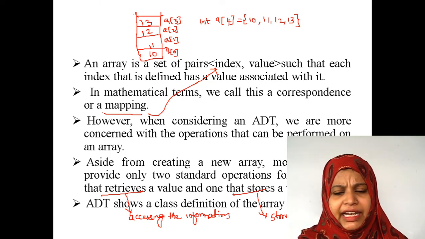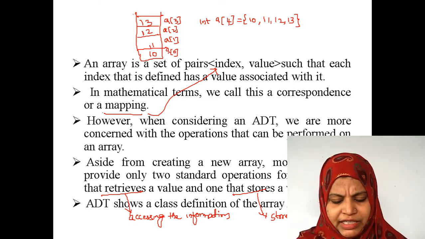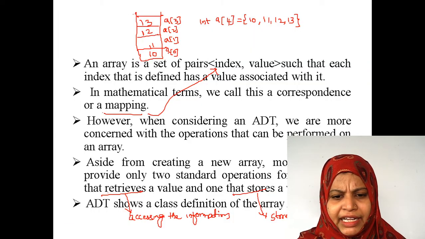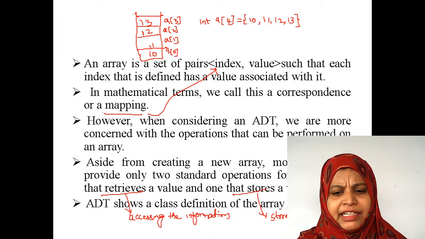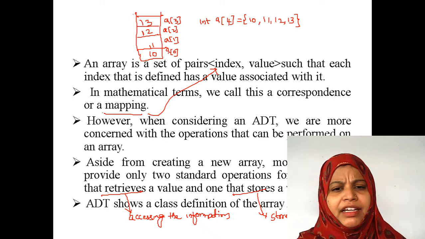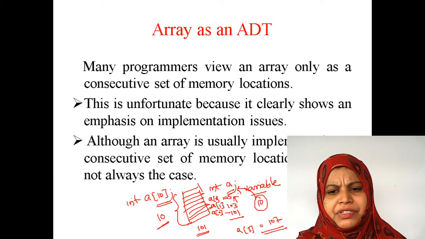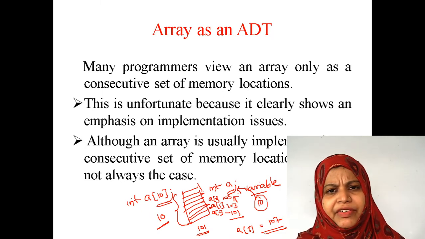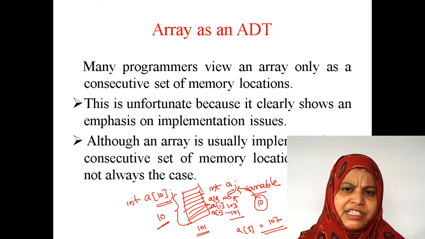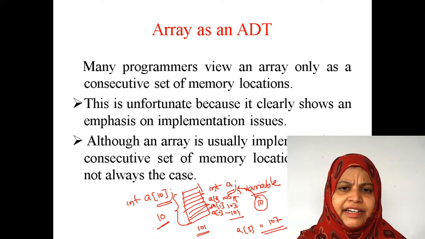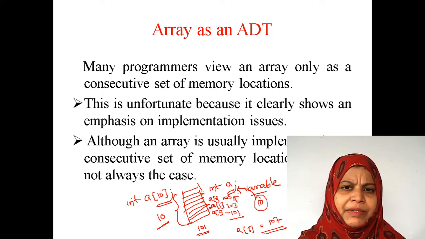Again, I am going to repeat what do you mean by array. Before implementing the array as an ADT, array is a variable which is used to store the values in a continuous memory location in a single variable. We are going to store multiple values in a single variable. Generally, array index is going to start from 0.